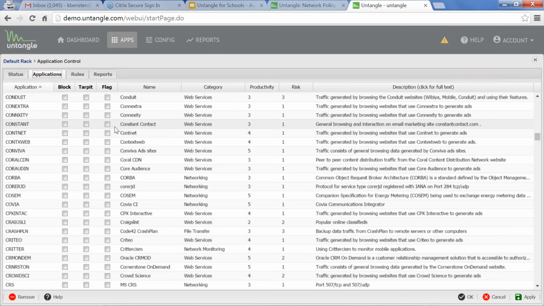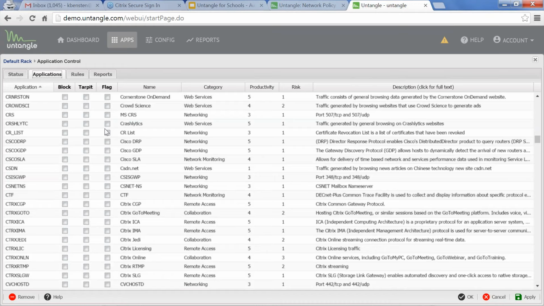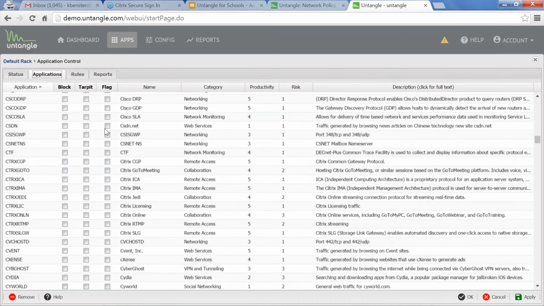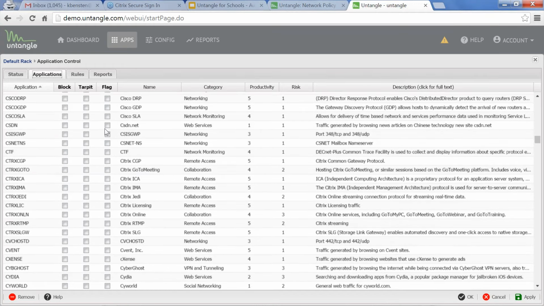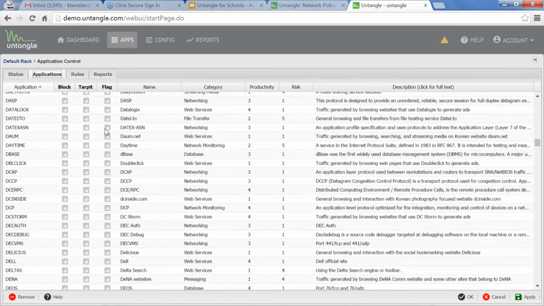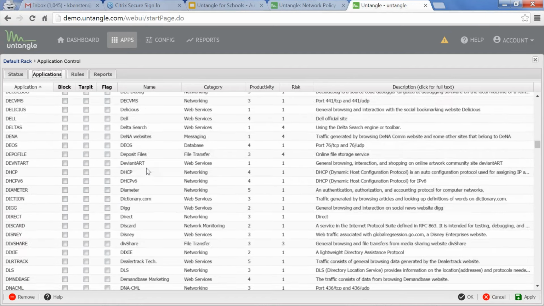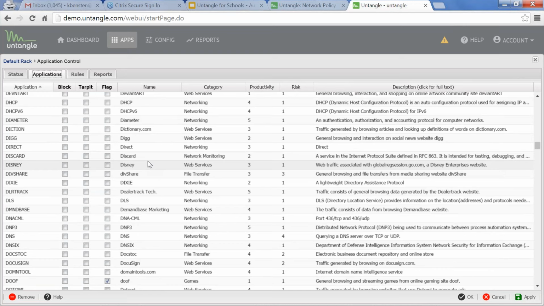And that may not be clear since we're not going to deep dive into this, but we have a tech talk on application control where John actually deep dives into the tar pitting and block and flag options. So if you want to get more information on that and how to set it up, and if it's useful to you, you can visit that, and I'll go over where all those webinars are later. Great. Yeah, so as you see, the list here goes on and on, and you've got a lot of great areas to look into in terms of the application. So this really is blocking at the URL level versus the application.